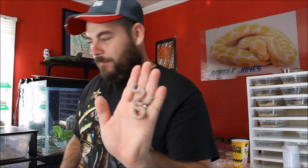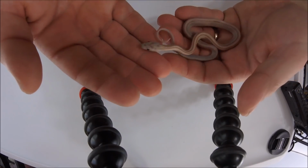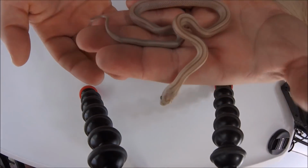Okay, so the next addition to the family is this little itty bitty snake right here, and this is a lavender striped female corn snake. I really was very pleased to be able to find this guy. I didn't think I was going to be able to find one. As you know,